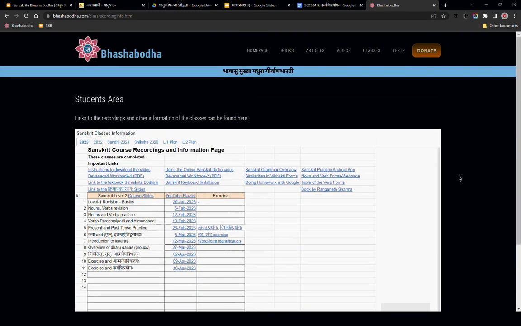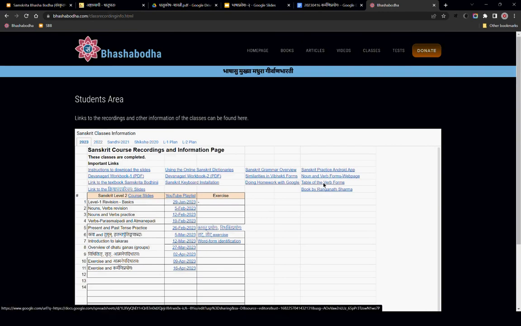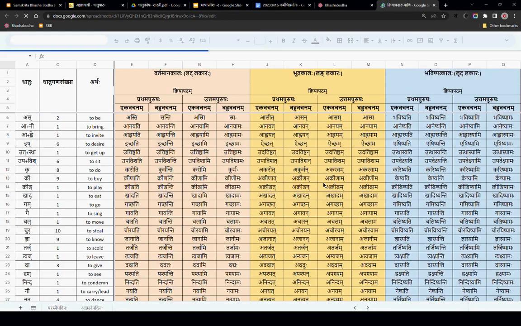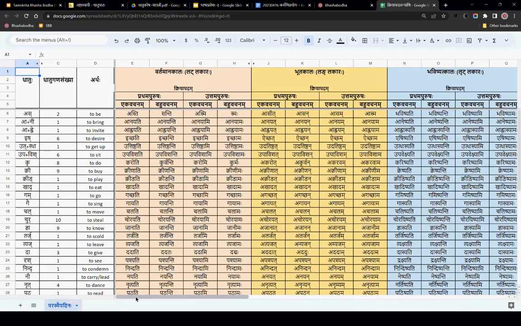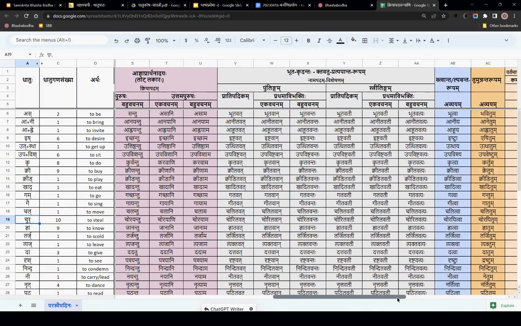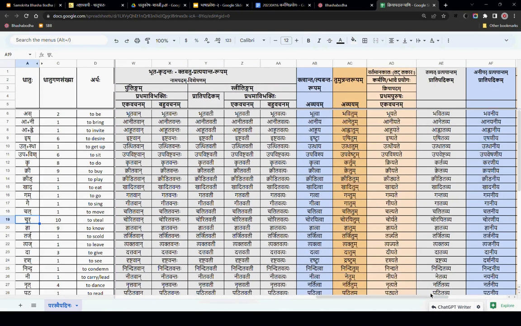No need to refer all the time to the final form. So one way is to refer to the form, right? And then there is a table of forms, and then you go here and take any reference like this.